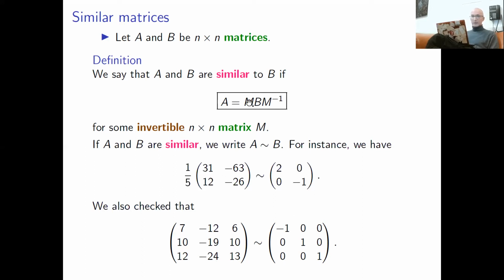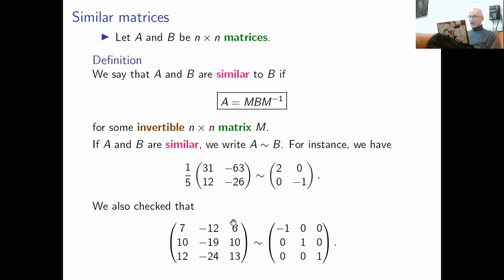We actually explicitly found matrix M in this example, and we use this similarity to compute the powers of both of these matrices. So basically, if you want to compute the power of this matrix, it's quite complicated. But to compute powers of this matrix is very easy. Every even power of this matrix is just the identity matrix, and every odd power of this matrix is just this matrix itself. So we use this fact to explicitly find the formula for the powers of this matrix.